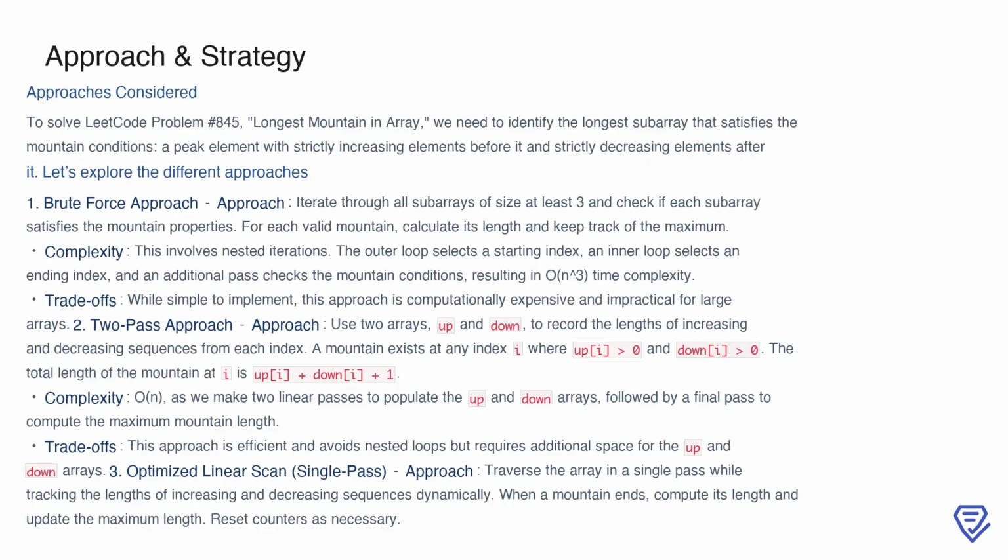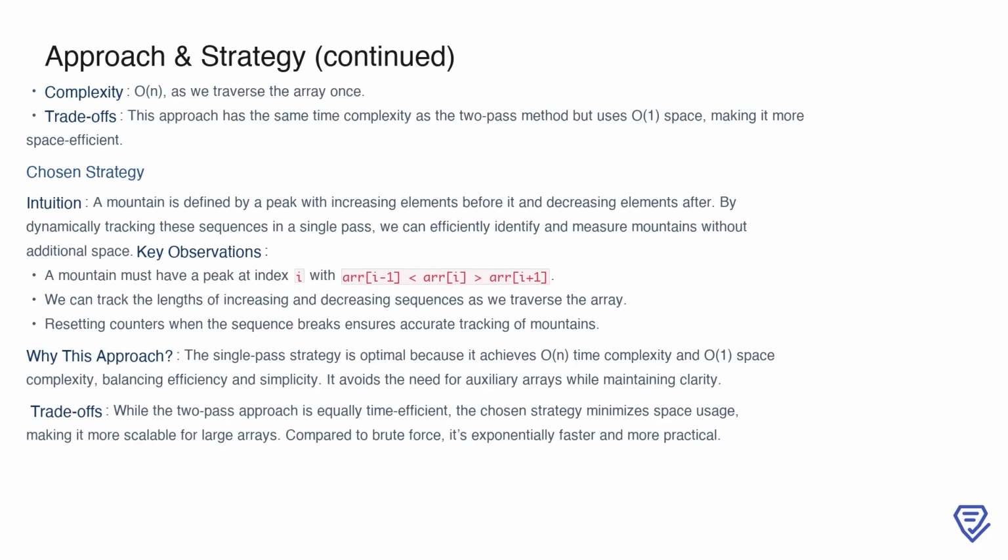However, it uses extra space for the 2 arrays, making it less space efficient. Lastly, we considered an optimized linear scan that dynamically tracks the lengths of increasing and decreasing sequences in a single traversal, eliminating the need for extra space. This optimized single-pass approach also operates in O(n) time complexity but improves upon the two-pass method by using only O(1)